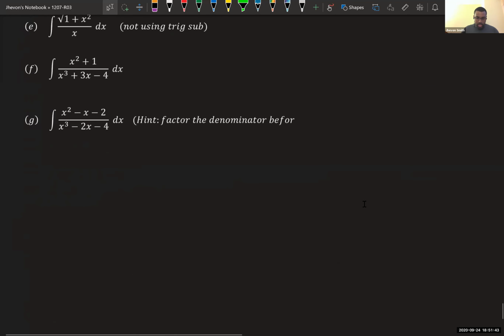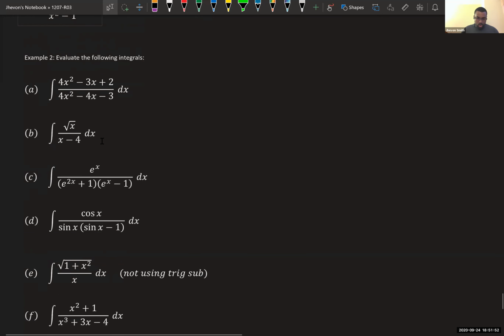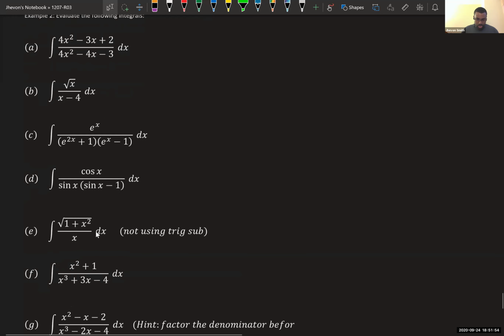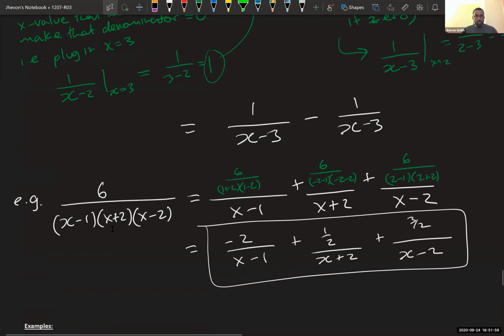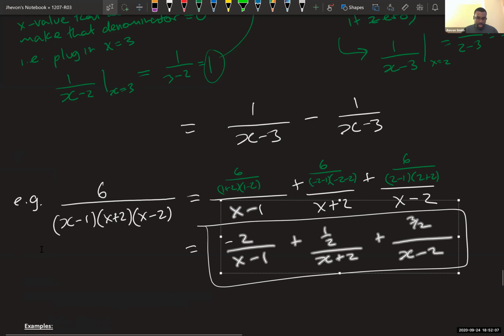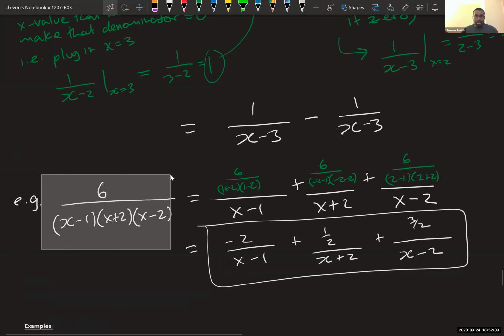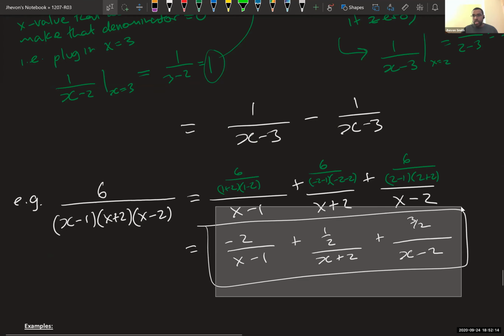So I left some examples here for you guys to try. I'd actually want you to do the partial fractions of these guys here. And then you're going to apply your knowledge of partial fractions to do these integrals here. Do as many as possible, okay? Now, obviously, once I gave you something like this, the integration of that should be something that you can handle, right? So I can give you this guy and ask you to integrate it, and I don't know what to do. But then if you break it down to here, then now it's just a bunch of ln's,